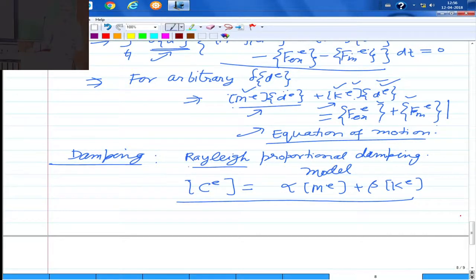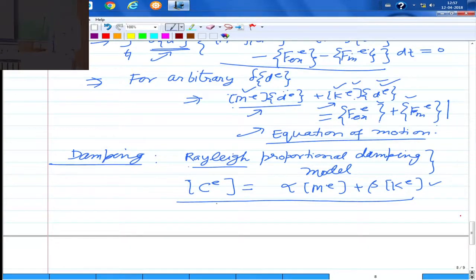There can be internal friction in the system, or air resistance, or even some thermal dissipation. All of that can be modeled through this Rayleigh proportional damping. This is obviously an approximation, but for many structural systems, this gives you fairly accurate results with appropriate alpha and beta values